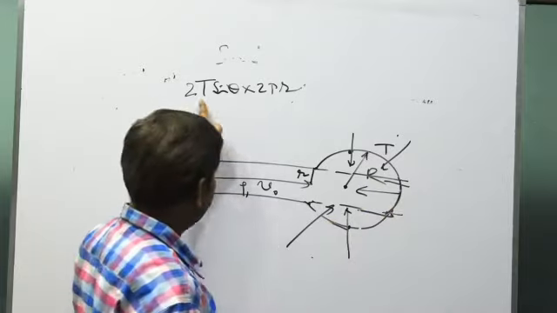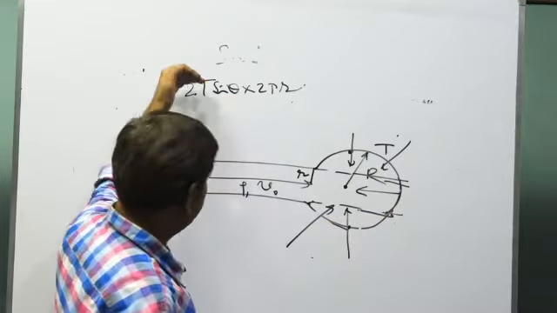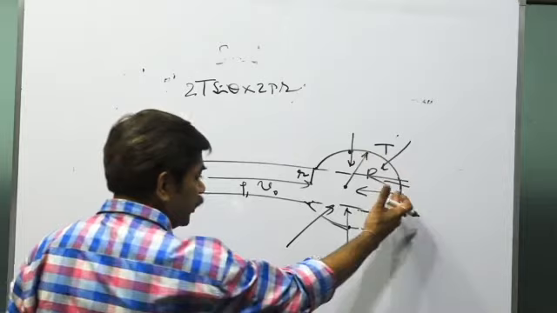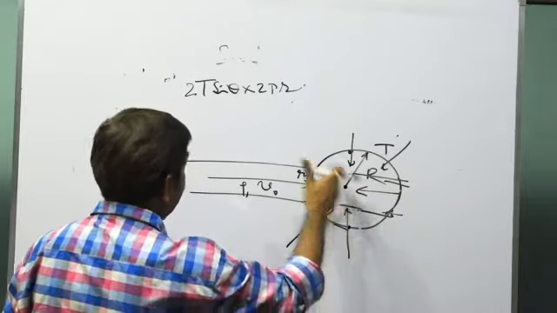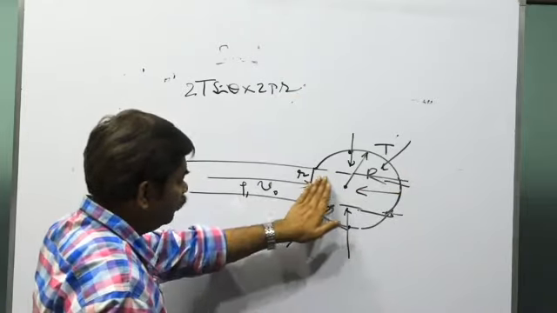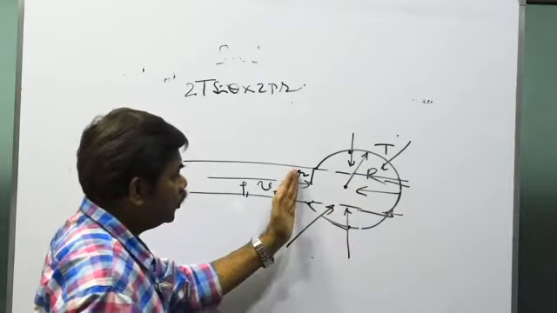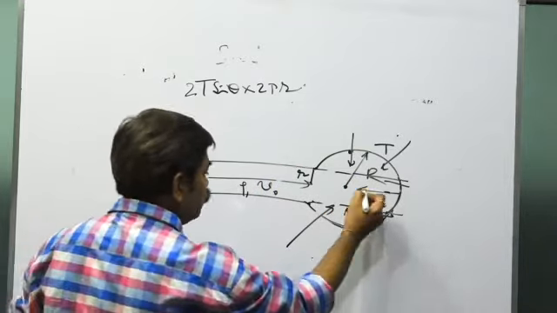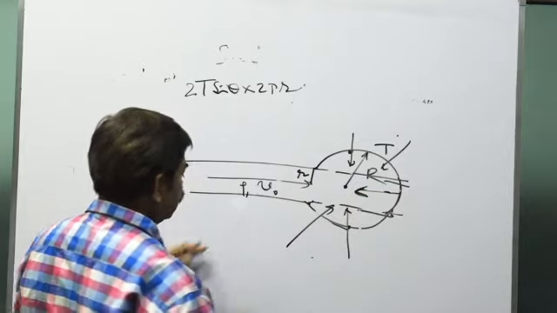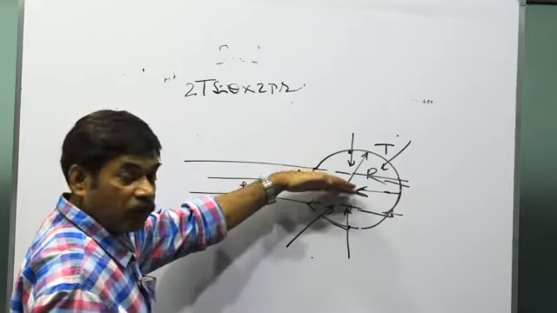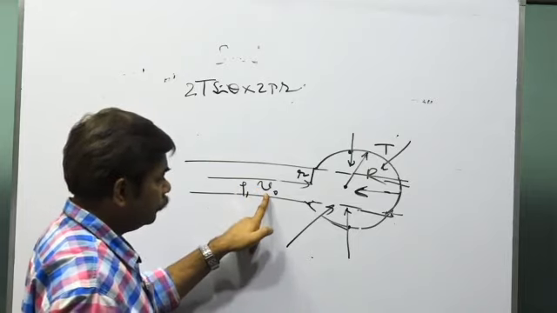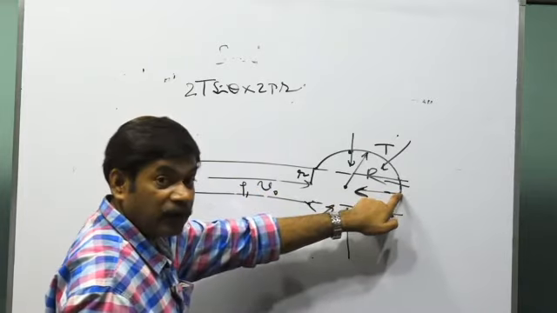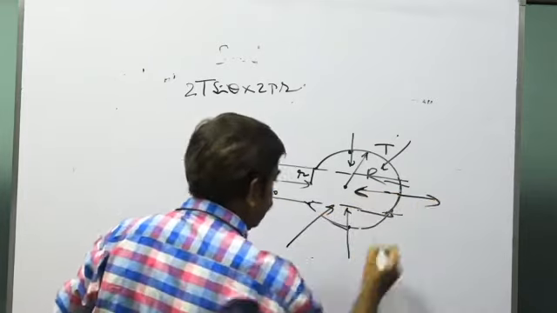So here it will not be T sine theta, it will be what? 2T sine theta. So the force in the inward direction becomes 2T sine theta into what? 2 pi r. And because there is no surface opposite to it, there will be no force on this side. Now see, this force will be balanced by what? This flowing air of density rho and V naught will apply a force at this part, and that force will be on this side.